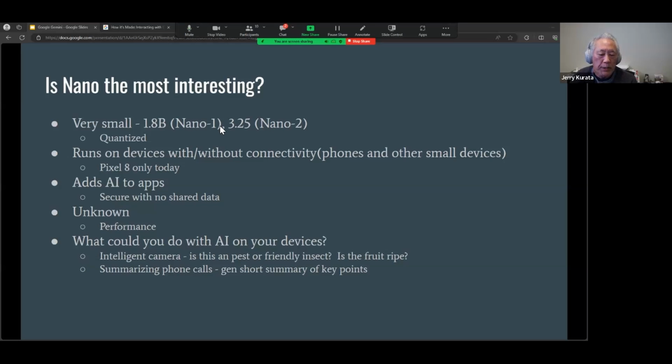And what we can do is add some sort of AI to our apps. And because it's on a phone, we may or may not have internet connectivity. So we can get to the point where we can put the things we're trying to do for our business, and the data that we may need to make that app run, onto a smaller device